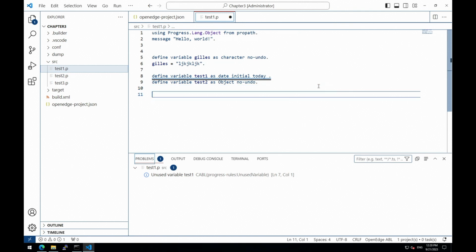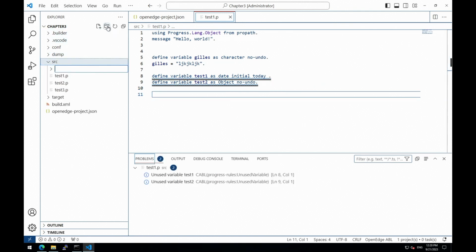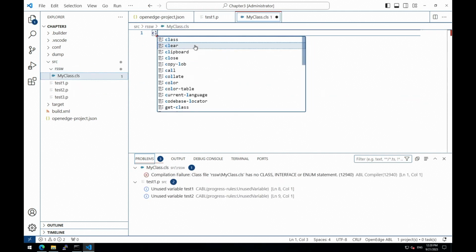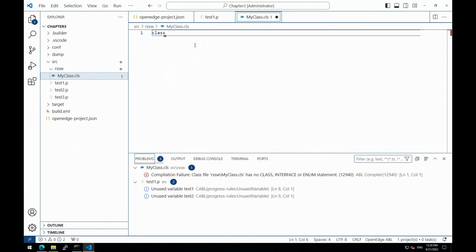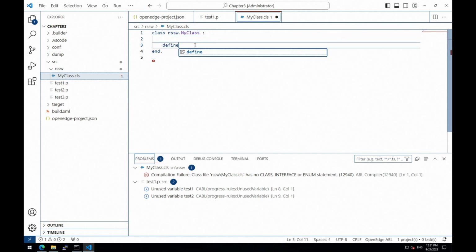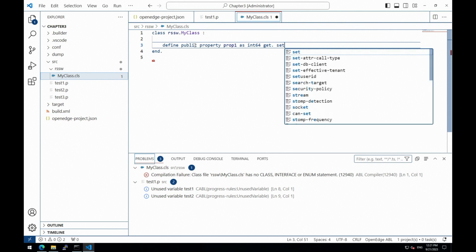Let's define a new class. So RSSW, and it's myClass.cls. The class is RSSW.myClass. We can have a public property prop1 as int64 with get and set.